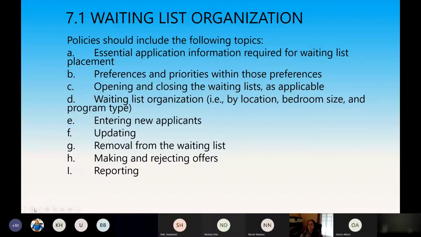Just keep me at the top of the list, or just keep me on the list. So, how many times are you going to let them refuse your offer? And are they going to go to the bottom of the list? It's got to specify what you're going to do with them. Removal from that waiting list. Do not remove somebody from your waiting list